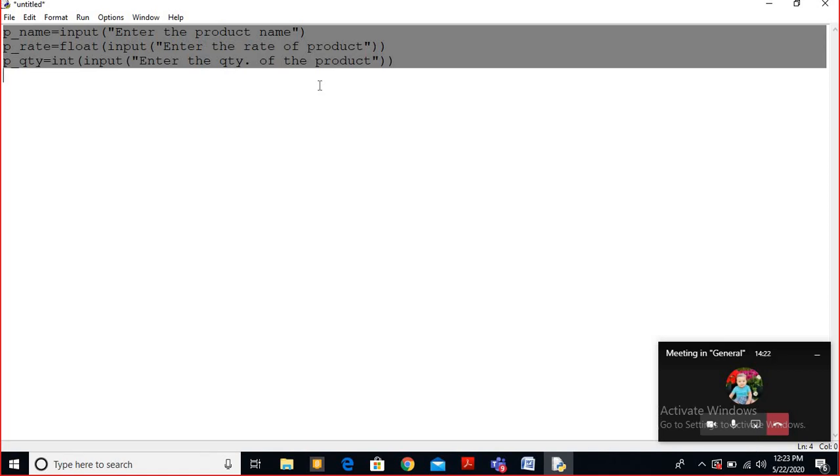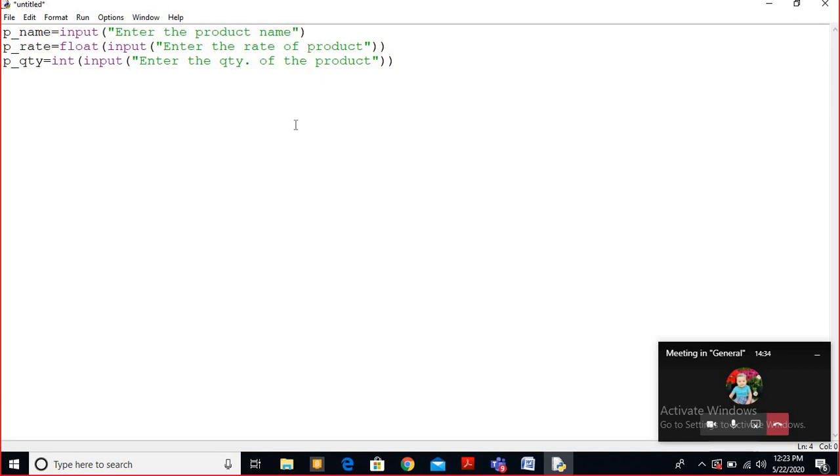What do we have to calculate? We have to calculate the amount and net amount. Just to give you a live example, suppose you go to a shopping mall and you want to buy 20 pens. The pen name can be Reynolds or any company.